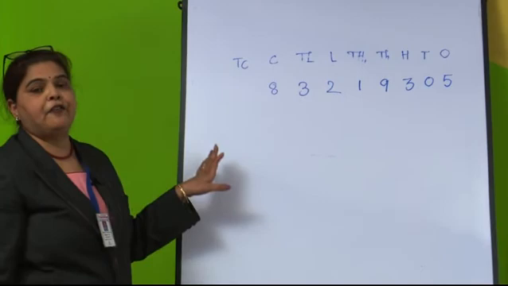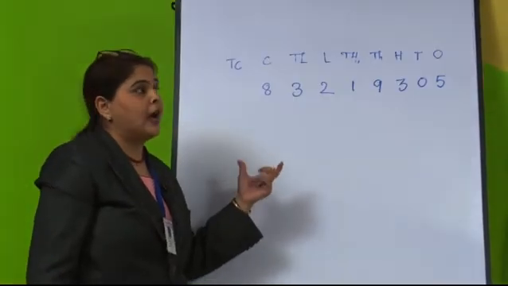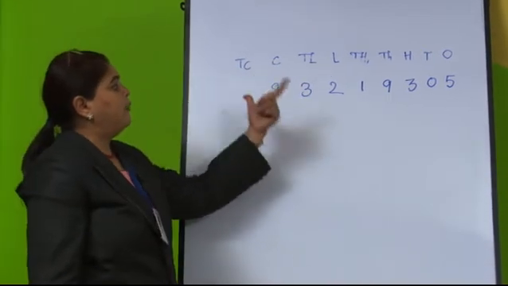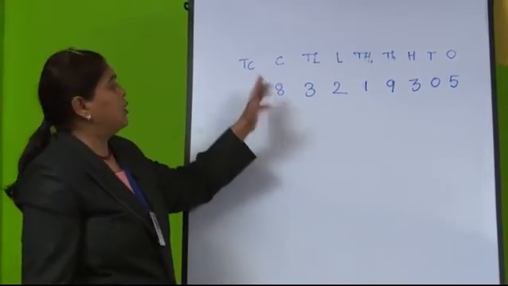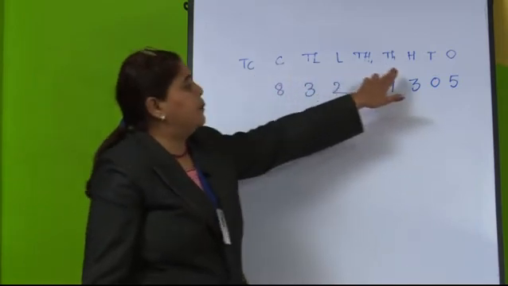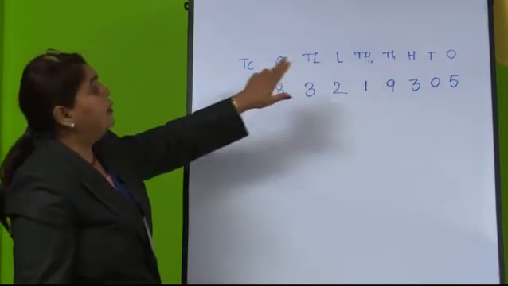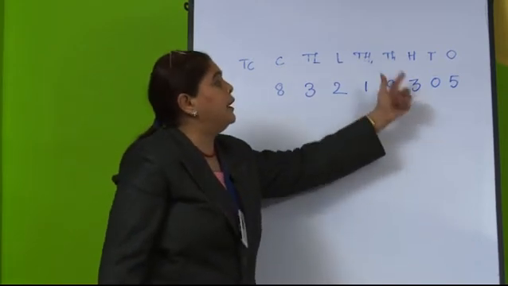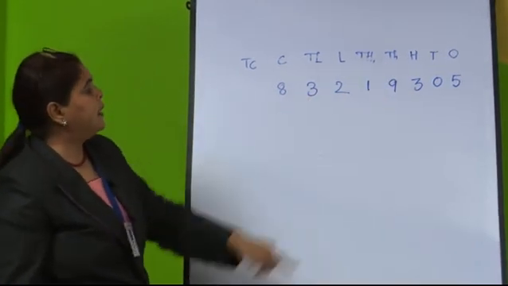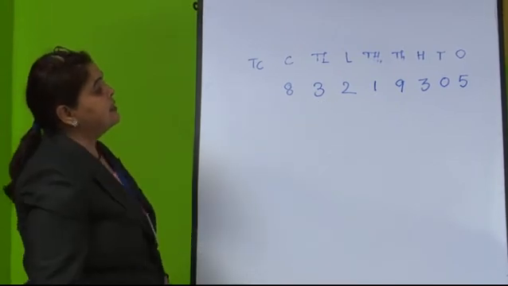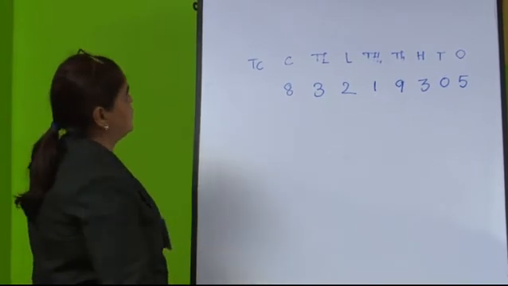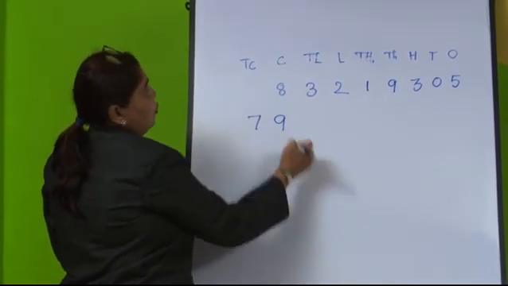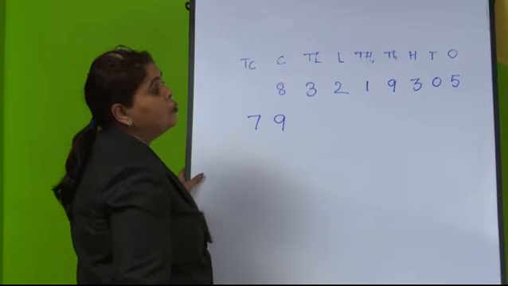So what I had done is vice versa. In the previous slide we had numbers and we wrote the names. Now, we have the number name and we have to place it in the value chart. So first what will you do? You will write the place value chart first, read the number carefully and substitute the number under that place value. Another example we will see, it is given as 79 crores 80,000. So under crores I have to put 79 crores.